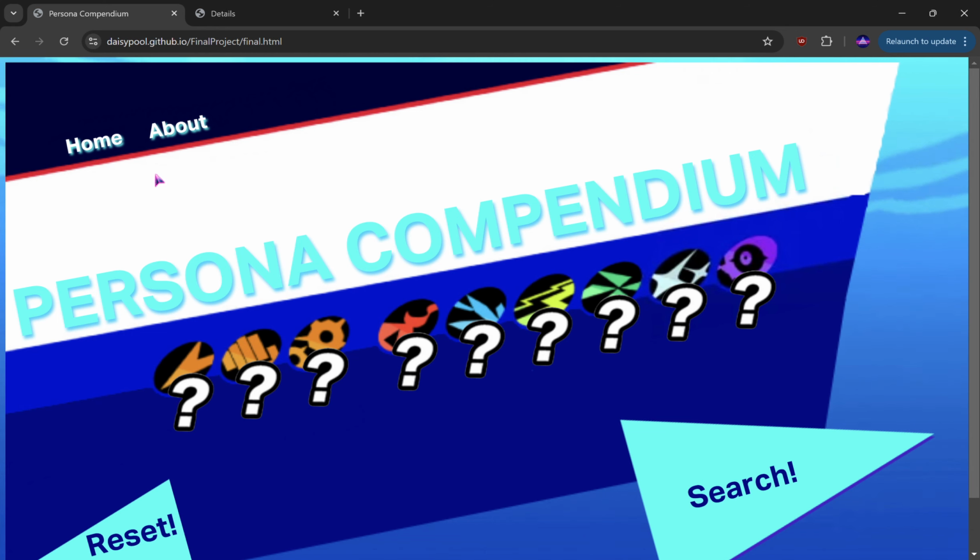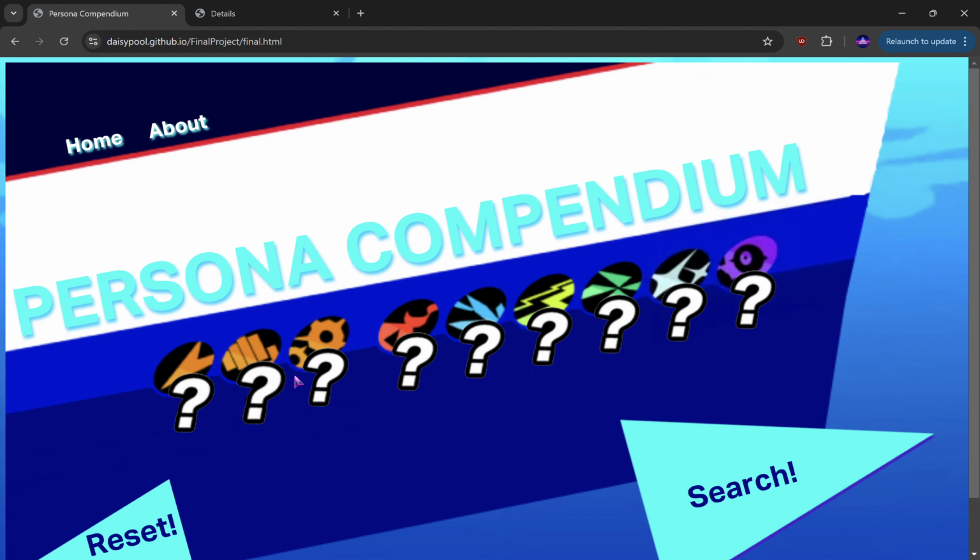In this website, you can sort through all the playable personas in Persona 3 Reload based on their reaction to taking certain types of damage. For example, the certain types of damage are down here in the ovals. There's the physical damage, which is slash, strike, and pierce, and the elemental damage, which is fire, ice, electricity, wind, light, and dark. And how you would sort through these different types is with the buttons below them, these symbols here,